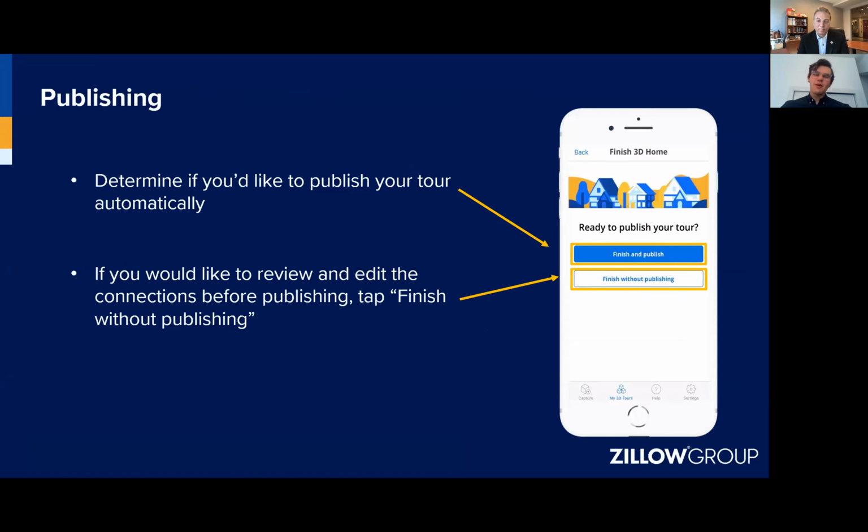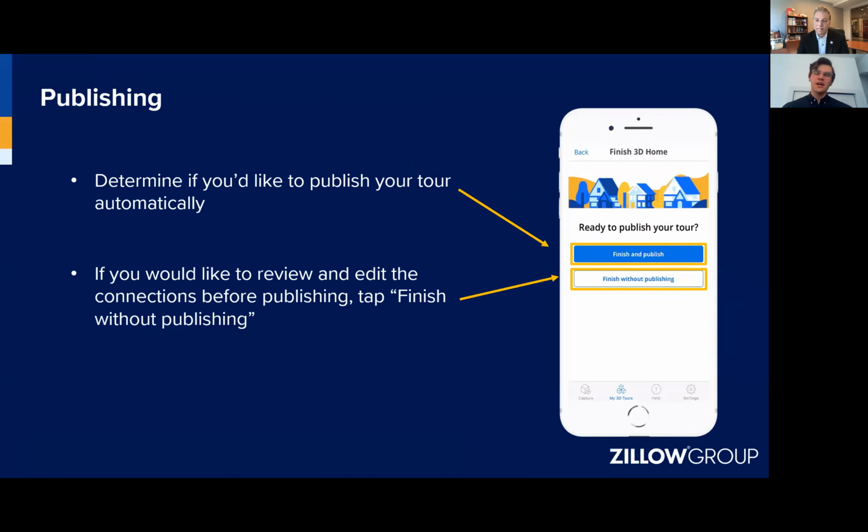And then it'll prompt you right away to either publish the tour immediately to the listing as soon as it's finished, or you can finish without publishing. That gives you then the option to actually look through the tour. You can reorder the panos. You can even adjust the arrows too, just to make sure that all of the arrows are